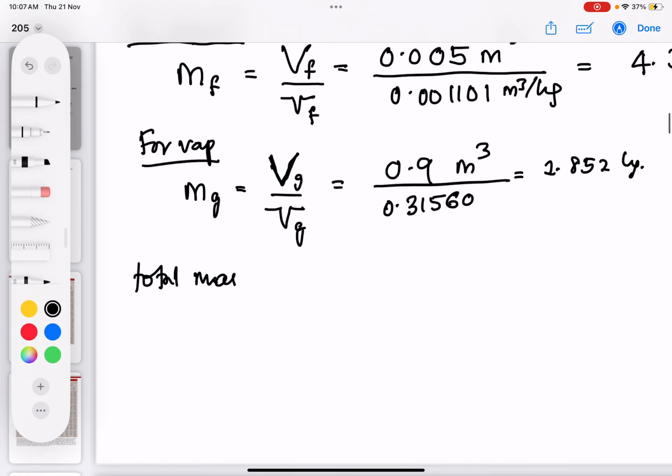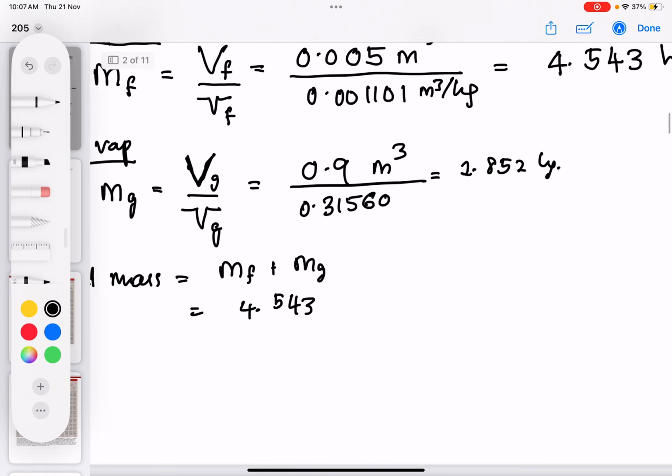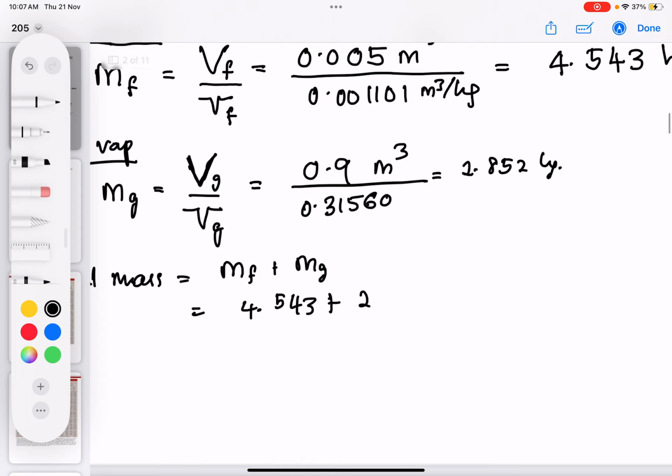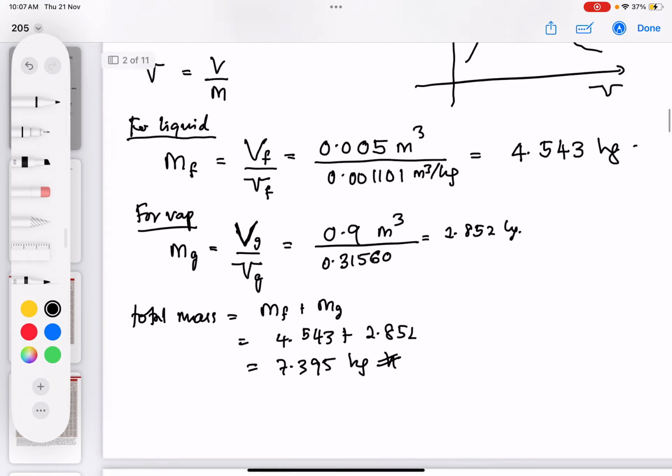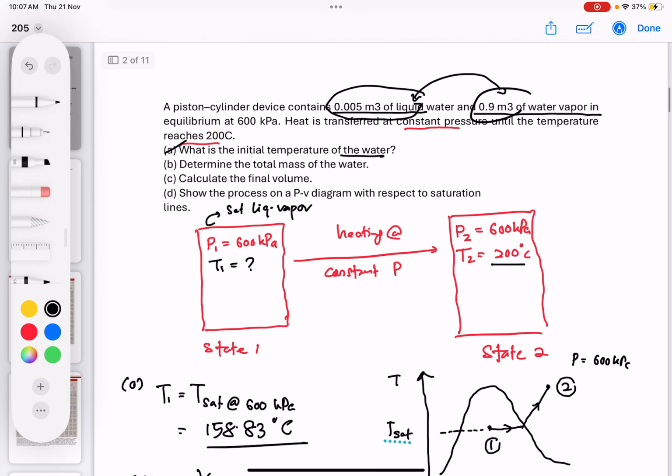So now you would like to calculate the total mass. Total mass equals the mass of the liquid plus the mass of the vapor, which is 4.543 plus 2.852, and then it's going to be 7.395 kilograms. So yeah, I already answered the second part. It's not that difficult, but